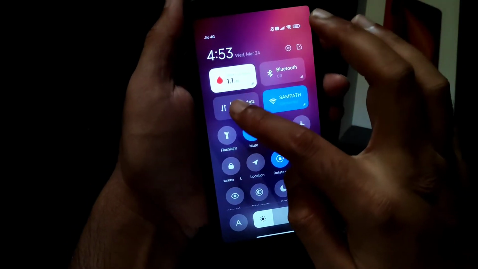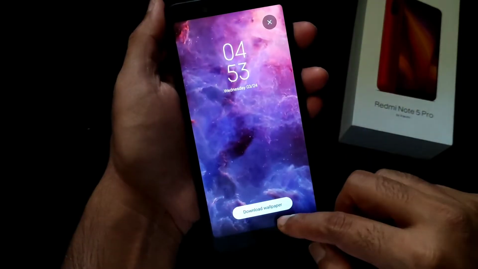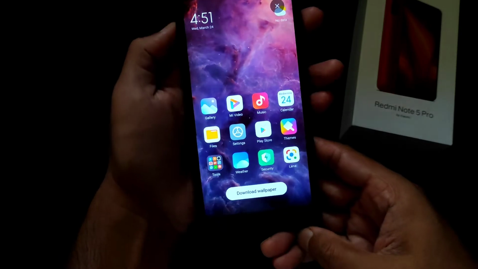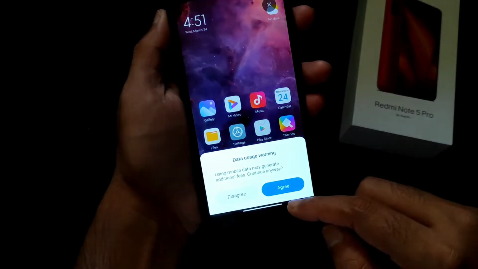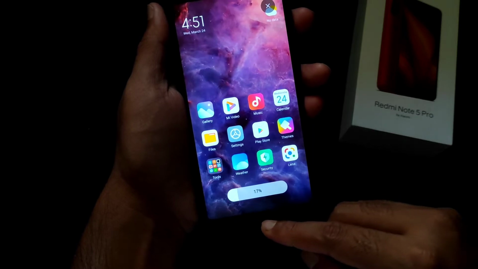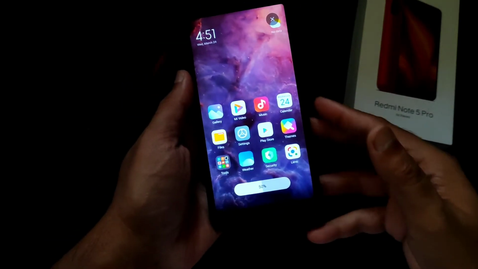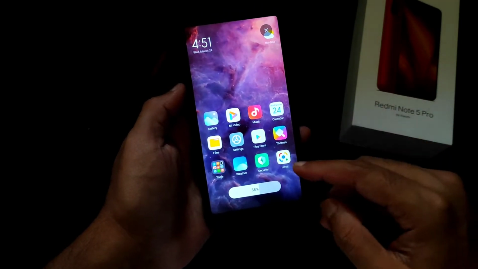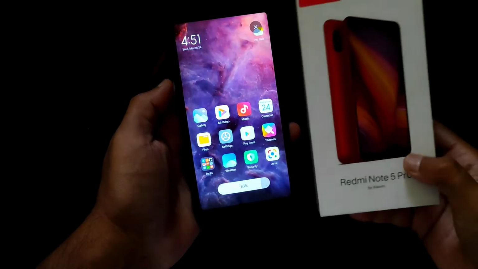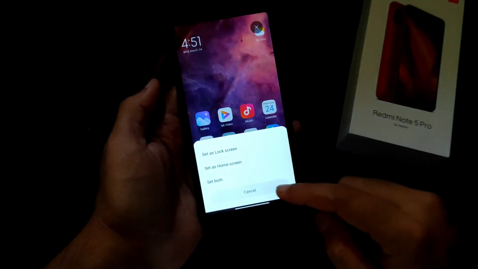And this is the quick settings panel, where you get the data usage settings from here. I downloaded this wallpaper. Let me agree. And you can choose it as a wallpaper. These are the cool live wallpapers available in this ROM. This MIUI EU 12.5 based on Android 11 ported ROM for Redmi Note 5 Pro.